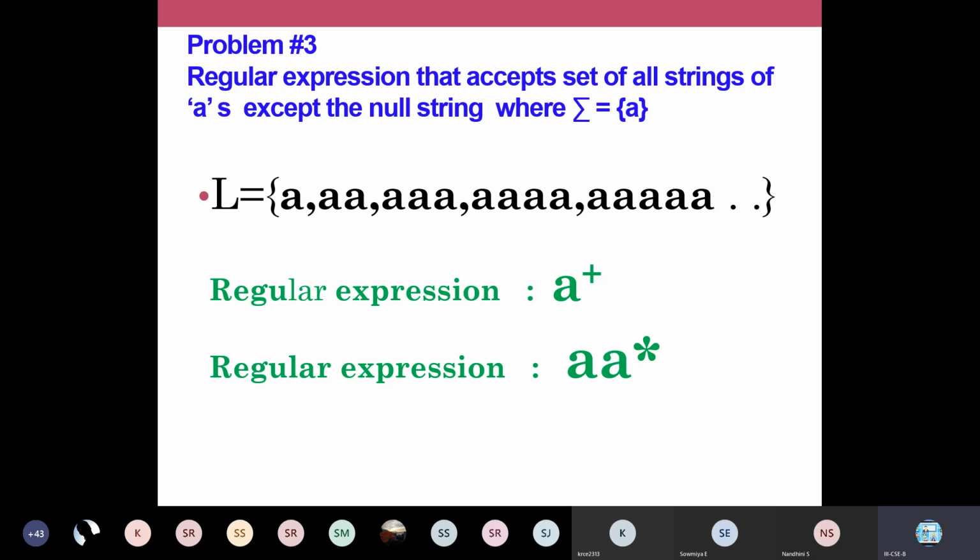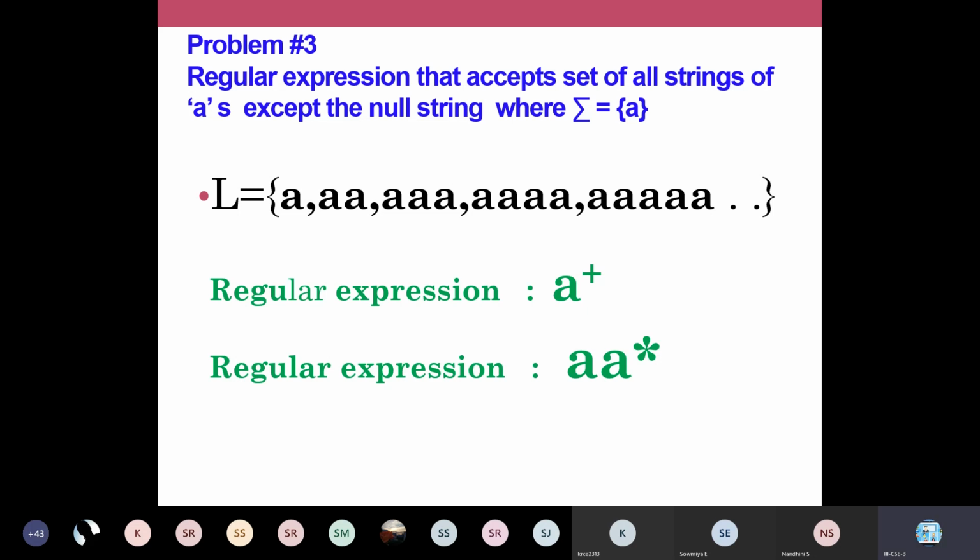You just analyze these two regular expressions. So A plus can be written as A A star. It means that I'm writing the first symbol A. A plus denotes there must be at least one A. So that at least one A we have written as a separate term here, and for the remaining you can write A power 0 or more. A star denotes 0 or more occurrence. Is it not? Now when I concatenate with a single A, that denotes a regular expression with at least one A. So A plus can be written as A A star. Both these are correct answers. Both these are equivalent.